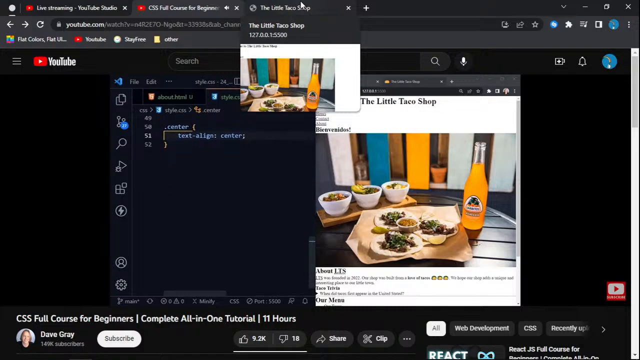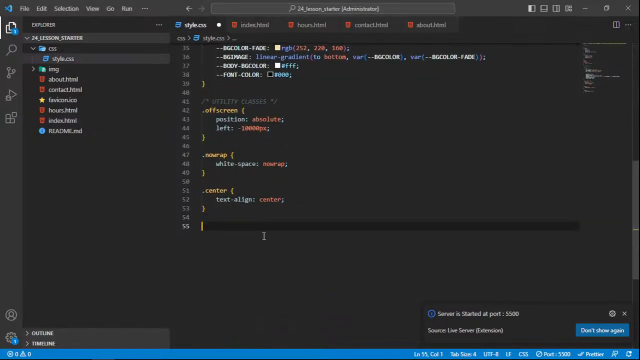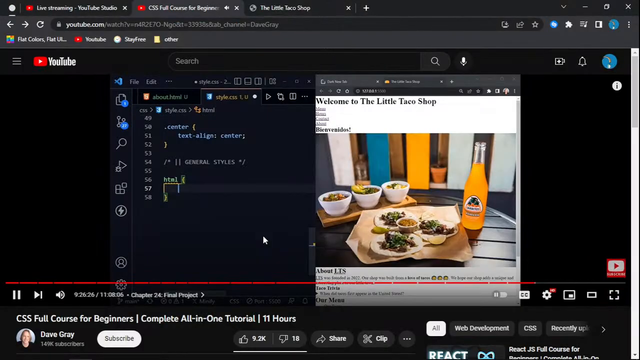But we also want to add what I would call general styles. So let's put in a section here, and we'll label this the same way we have the other sections, in the same style. And now with our general styles heading, we'll start with the HTML element itself. Now I'm going to use a different color on the HTML element that will be the background for the body